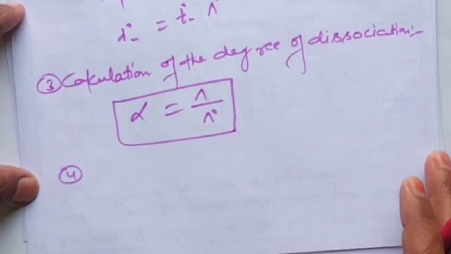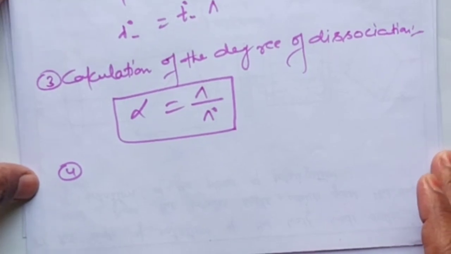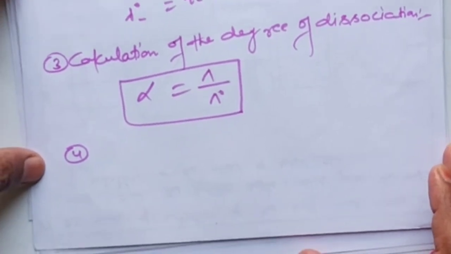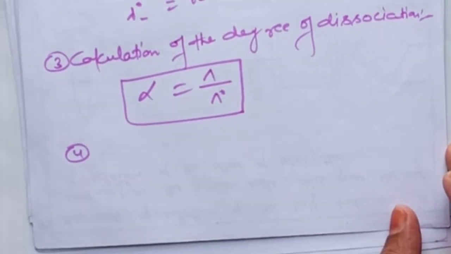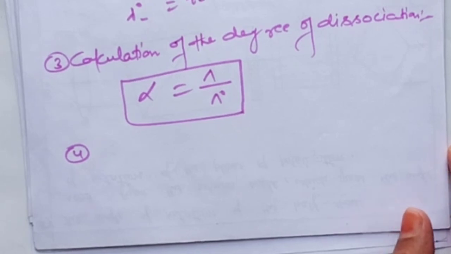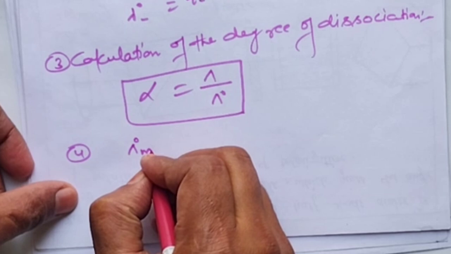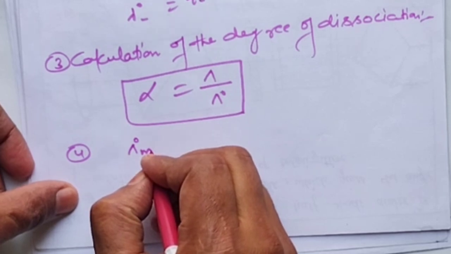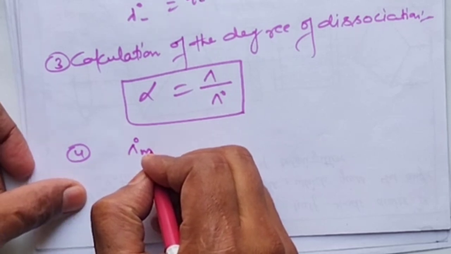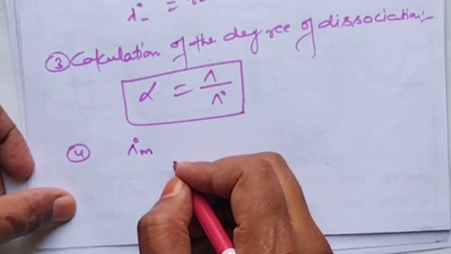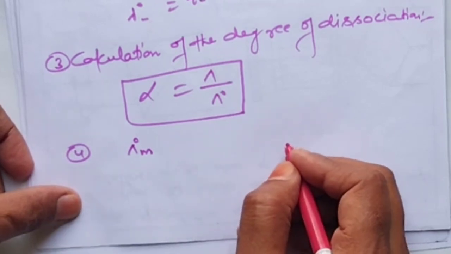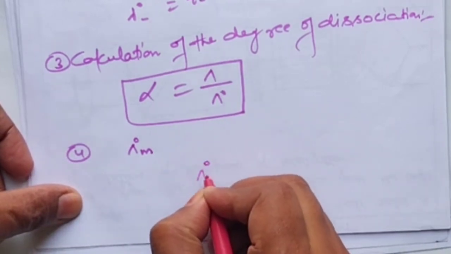Fourth application is calculation of solubility of sparingly soluble salt. If the specific conductance for an electrolytic solution is known and the molar conductance at infinite dilution is determined by Kohlrausch law, the solubility or concentration of sparingly soluble salts can be determined